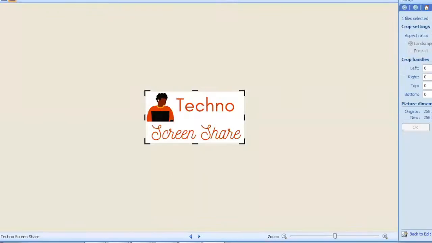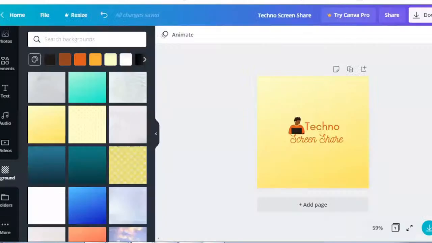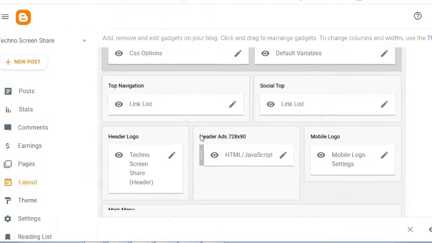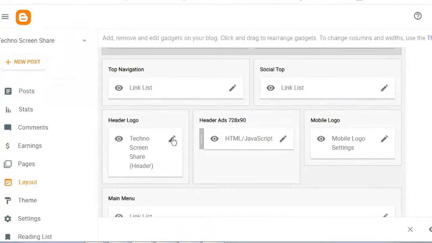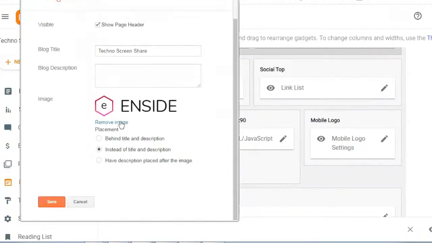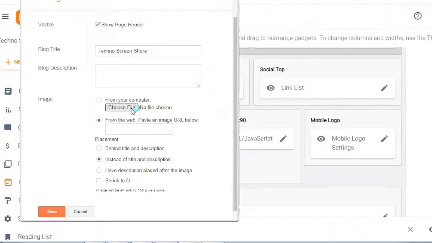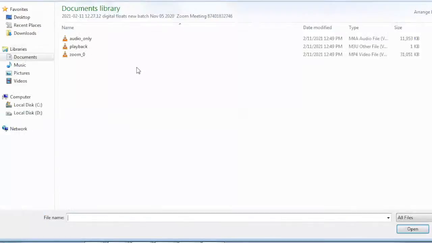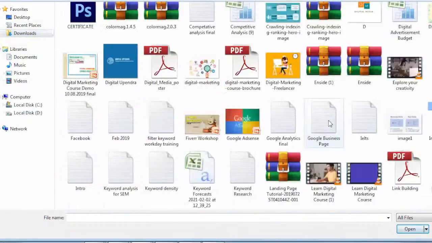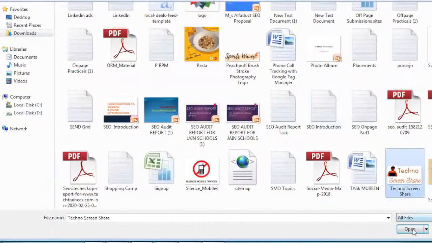After saving, if you want to upload our logo, go to our Blogger backend and click on Layout. There is an option, header logo, edit header logo. Remove image, choose file, upload the logo from our downloads.